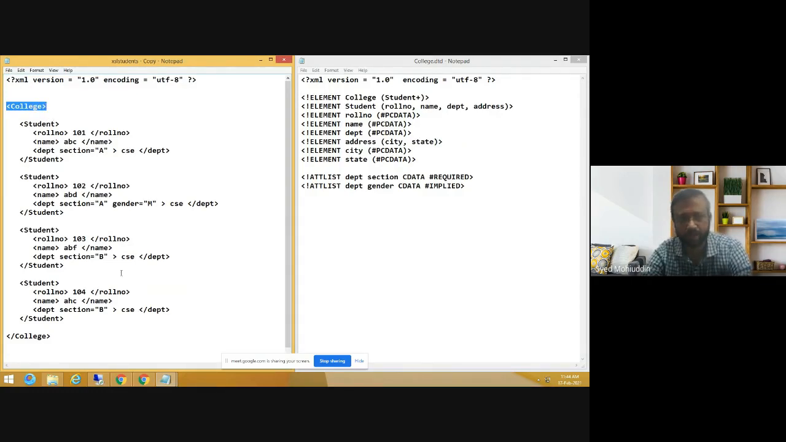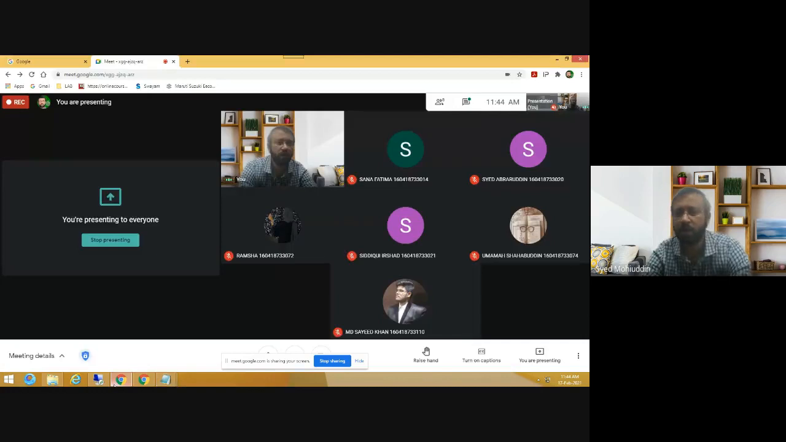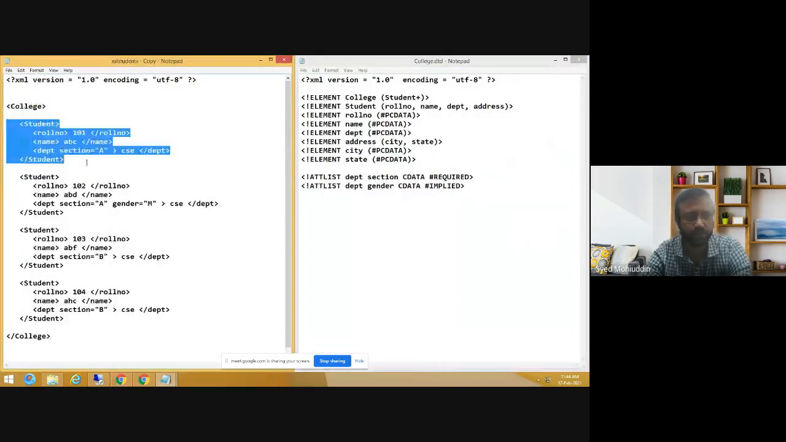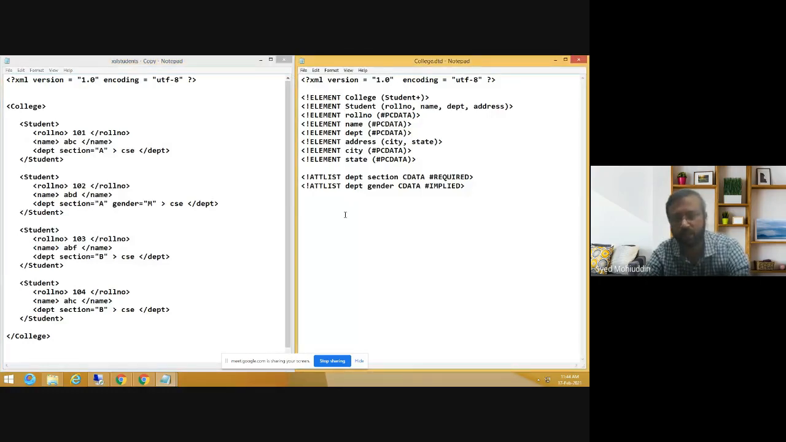Then we have information of each student within the student tag with its roll number, name, and department. Now, we have created its corresponding DTD or document type definition. That is a document which defines what tags to use, what attributes can be there in the tag, whether they are required attributes or implied attributes, and whether there can be more than one tag of the same name. That is, we use plus over here. So on the right-hand side, you will find the DTD document,